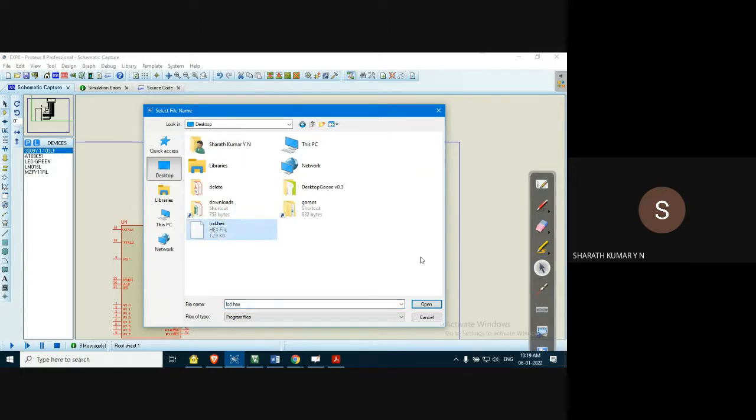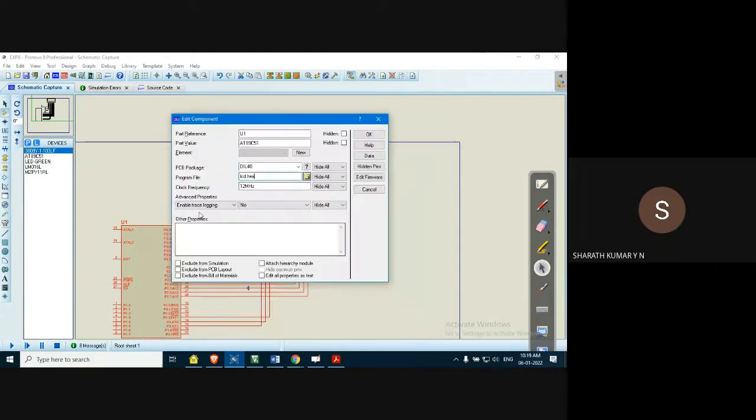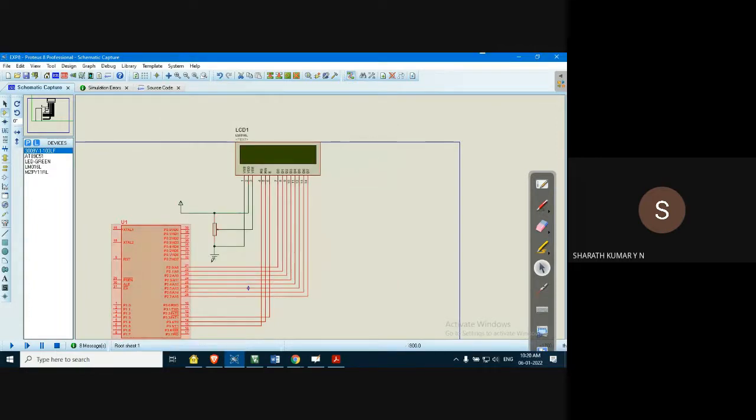Select the X file, just like what we do in our prog ISP in our laboratory, to provide the hex code. Select the X file, click on open. You can see that the file is now loaded to the hardware, which will be automatically loaded into the flash memory of the microcontroller. Also you can see the clock frequency, it is 12 megahertz. You can change it here, it's not an issue, but let us keep it as default. Let us not modify all those properties right now. So only select the path and click OK. Now we can say that the flash code is burnt onto the flash memory of the microcontroller.